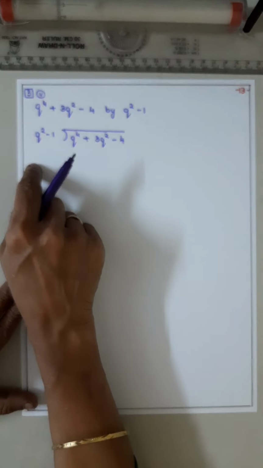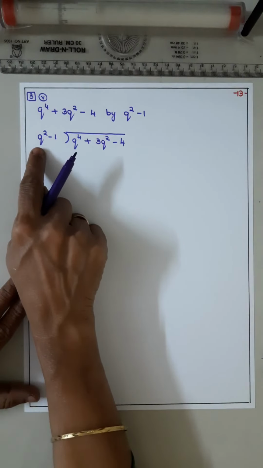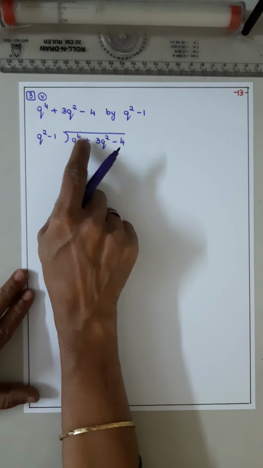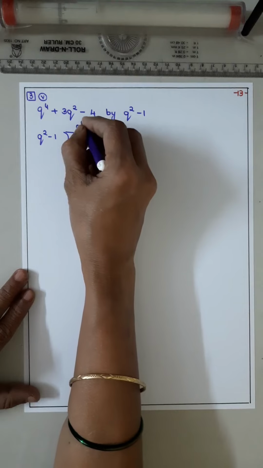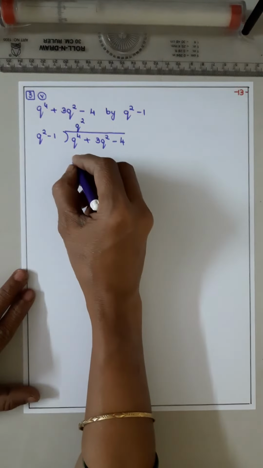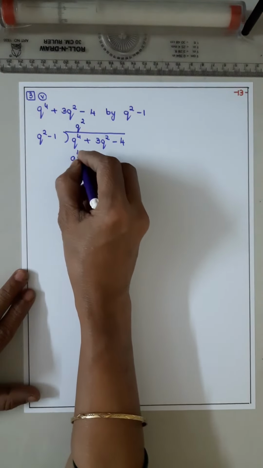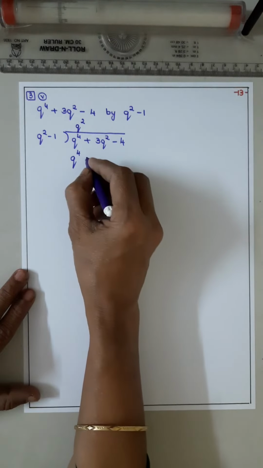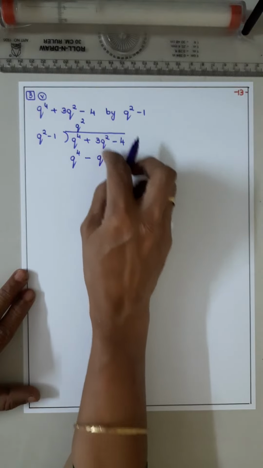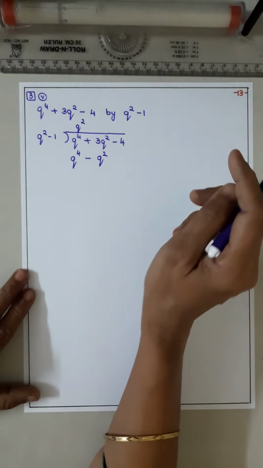We'll see. Okay, so it is q squared and q to the power 4, means either 2 or 4. So we can multiply by q squared. q squared into q squared is q to the power 4, isn't it? The base is the same, so add the powers. So 2 plus 2 is 4. Now what came? Minus 1 q squared. See, it came right below q squared. How was it in the earlier ones?